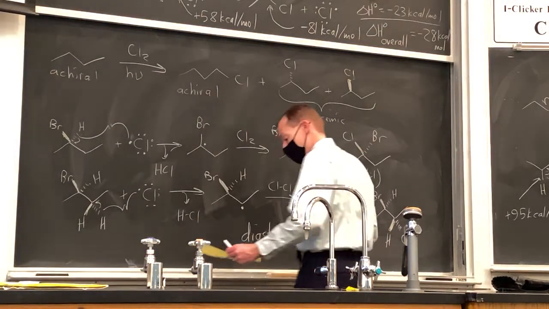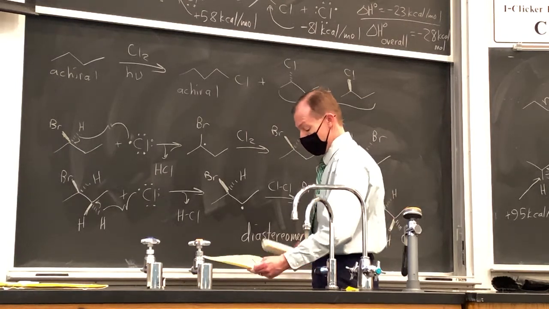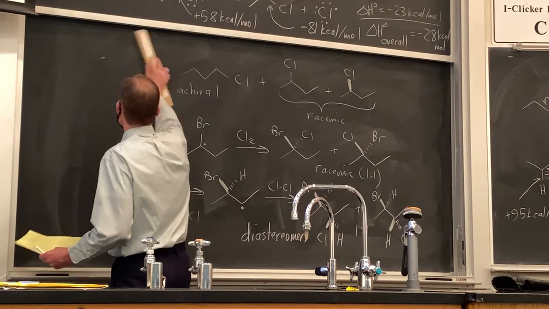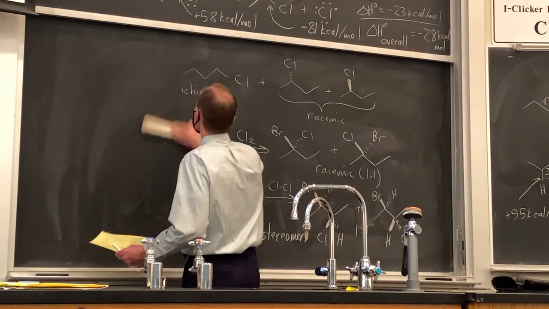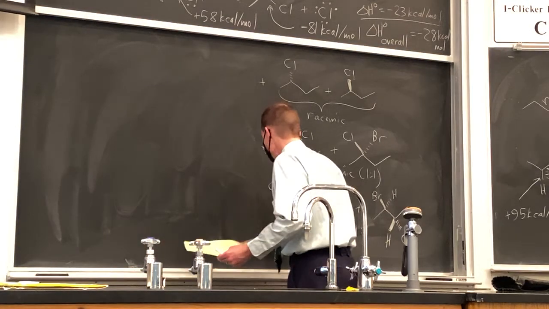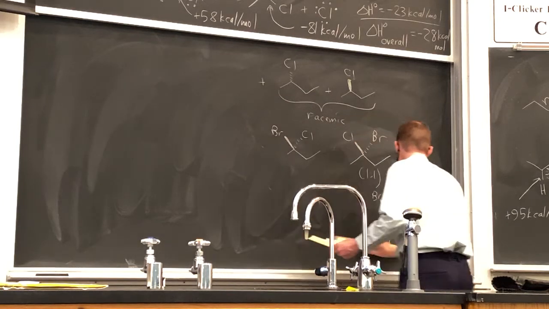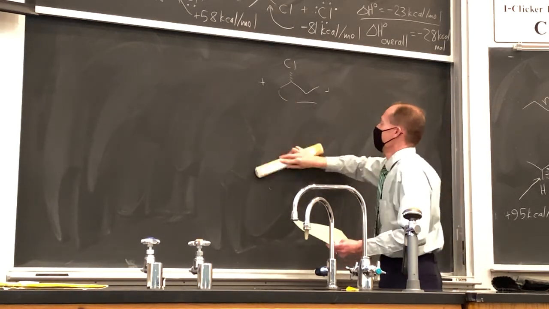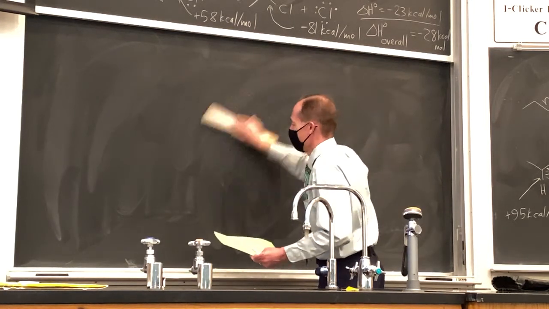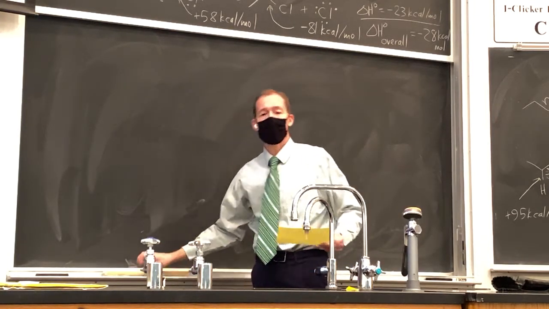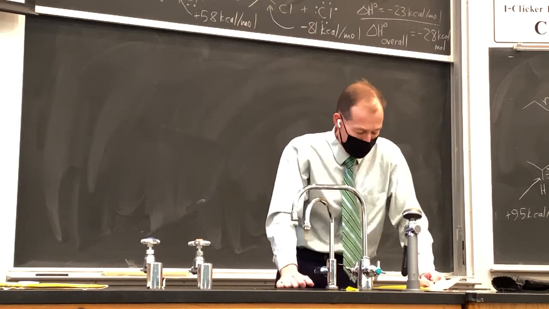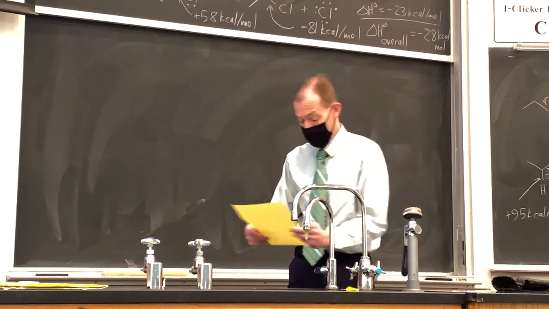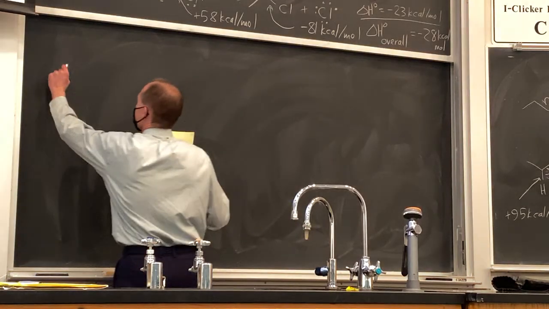All right. The last thing we're going to talk about today is the radical chemistry of the ozone layer. So we've mentioned ozone previously in the class. The ozone layer protects us from UV radiation by converting that UV radiation into heat. Okay? So ozone,